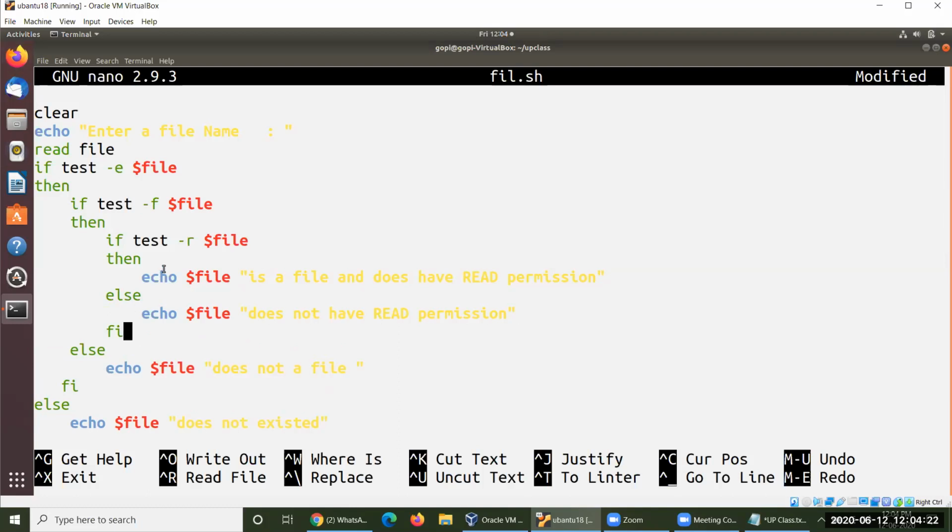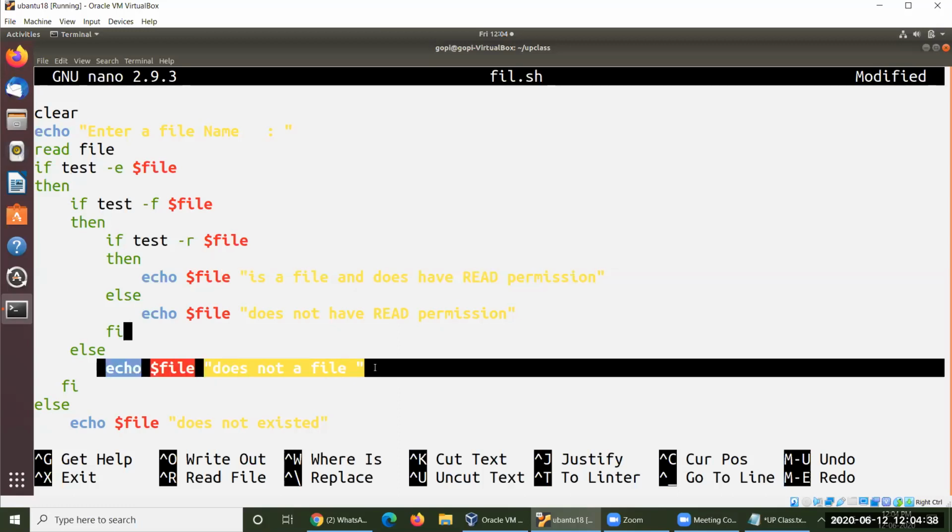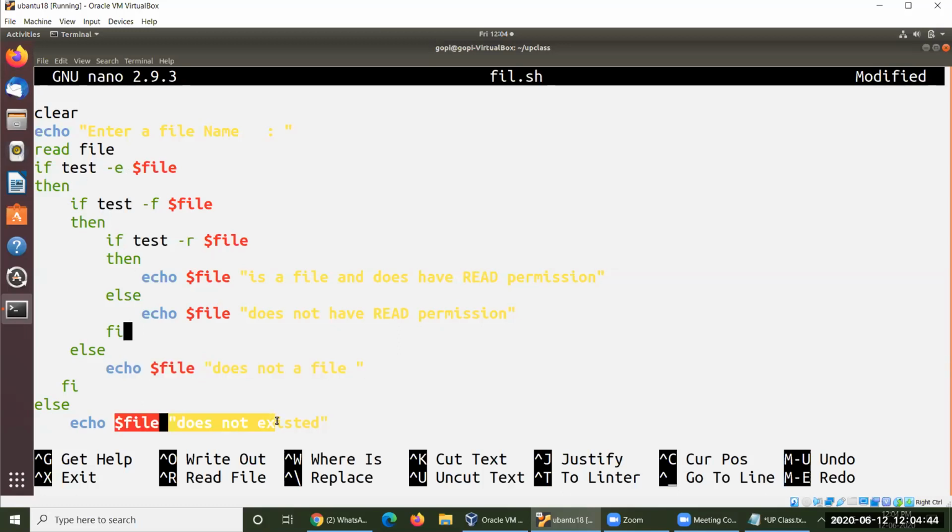If this condition is also false, you may have this particular message. If this condition is true, then you could get this message. If the first one is true and the second one is false, you may display this particular line as output. And if the first one is false itself, then you may display this particular condition.